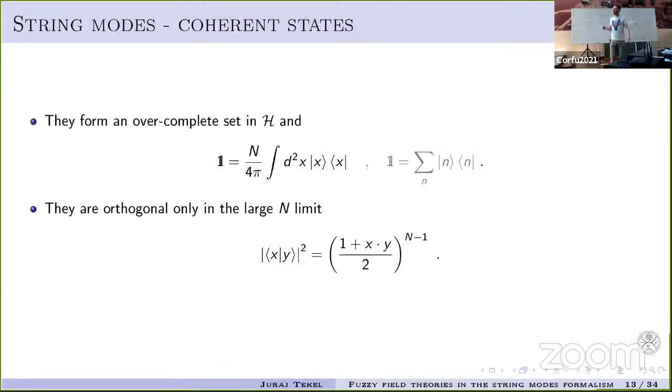What's going to be important for what I want to say is that the set of coherent states is complete, meaning that any vector in H can be expressed as a linear combination of |x⟩'s. It's even an overcomplete set of states, because obviously the dimension of H is n, and there are many more coherent states than n. Now, they have a non-zero overlap, so even though |x⟩ and |y⟩ correspond to different points, they're not completely different vectors, and this overlap vanishes only in the Lagrangian limit.